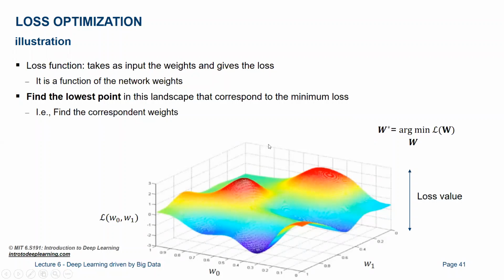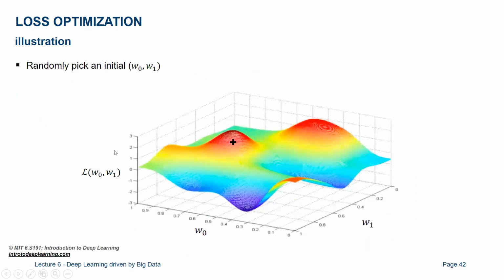Again, we have two weights, and these are the only parameters we can change. According to the weights, the loss function will give us an answer. Here is the answer that the loss function gives to you, and the goal is to minimize it. So what we usually do, as I said before, is we have a network, an architecture, with random weights. So we will start somewhere here, with a particular random value for weight 0 and for weight 1. It might be located already in some minimum, but in this case, you see, it is in a bad position. So what we can do is to